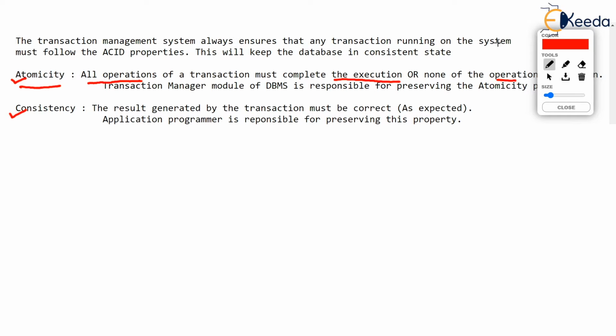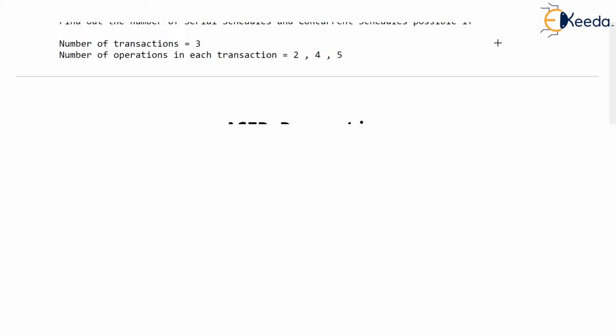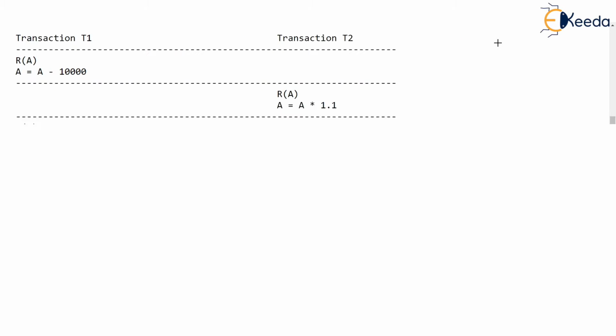In such a case, there is a concept called rollback. What rollback does is, if a transaction fails somewhere in between, all operations done are cancelled and the database is taken back to the original state. To explain atomicity, it can be said in one line that either the entire transaction runs or none of it runs.